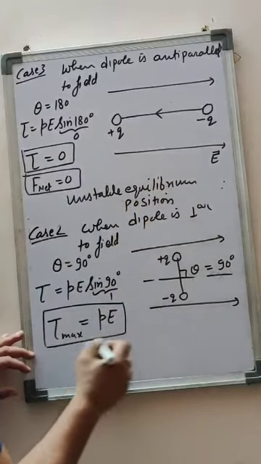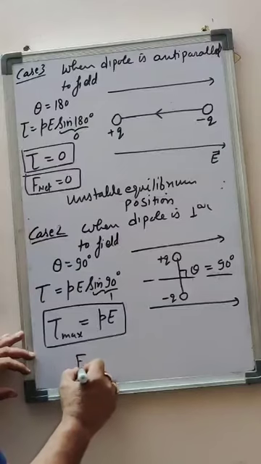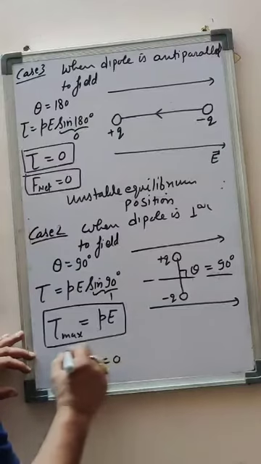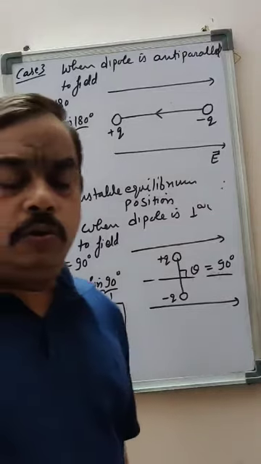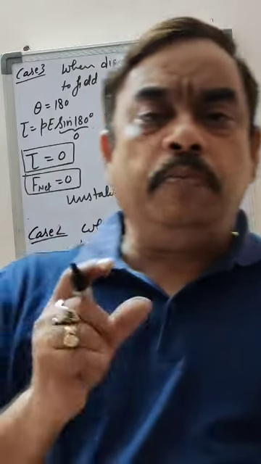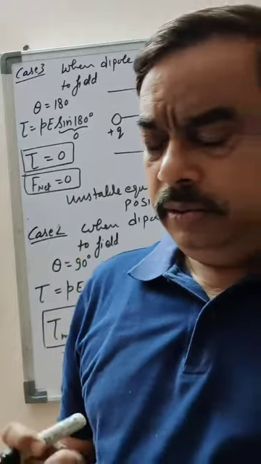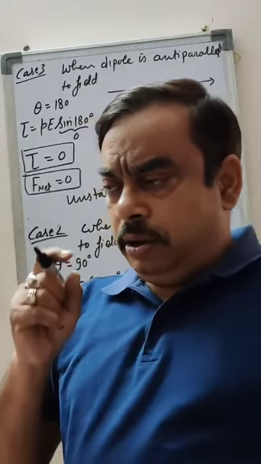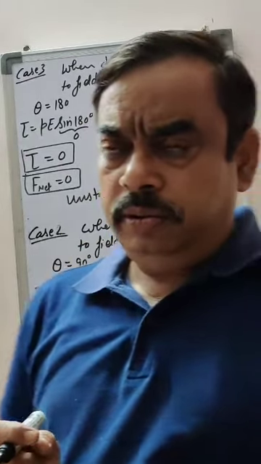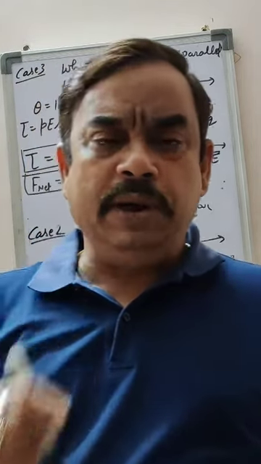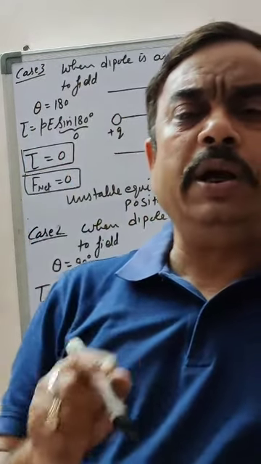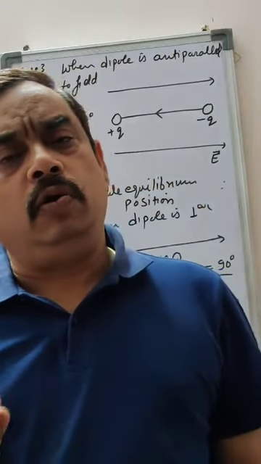Here also, when the dipole is perpendicular, net force is 0. So, when the dipole is parallel to the field, net torque will be 0, net force will be 0, it will be in stable equilibrium. When it is perpendicular to the field, torque